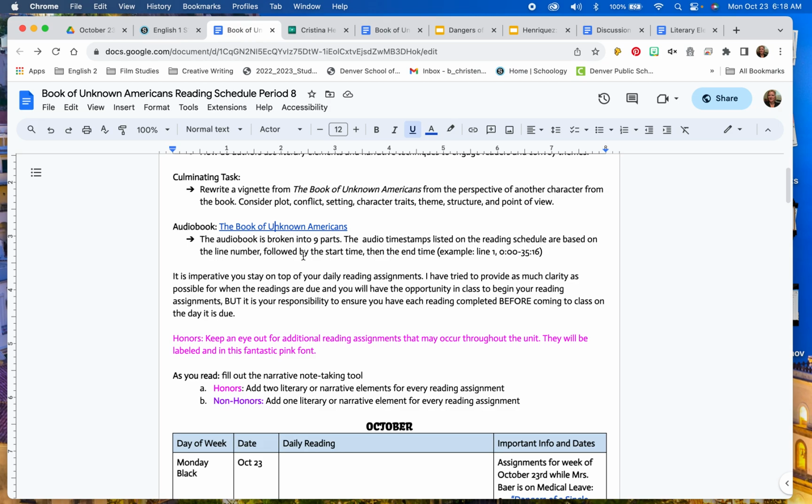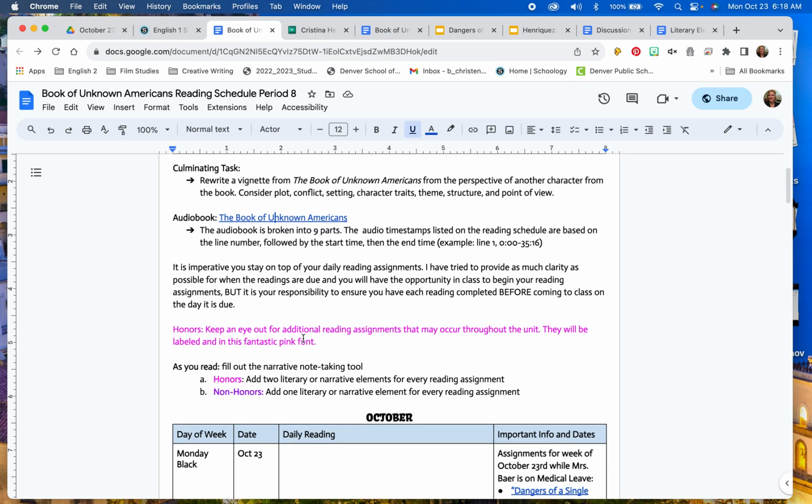If you don't like how it's broken out, it is available on audible.com, so you can always go to Audible and get it yourself if you have access to Audible. It's not broken down into the 9 different lines, but it's a great audiobook. Use it. Trust me on this.